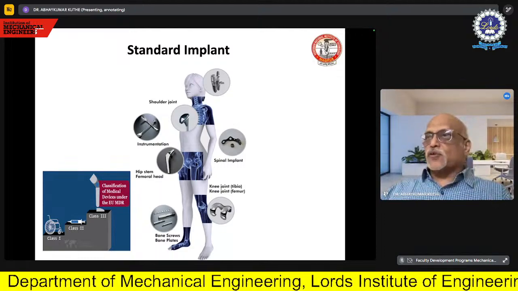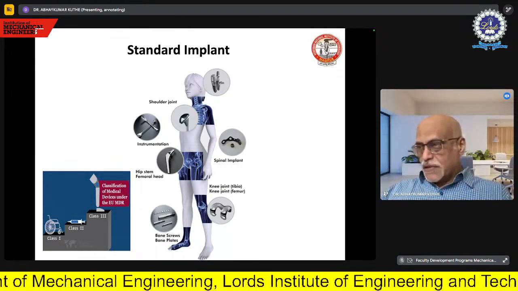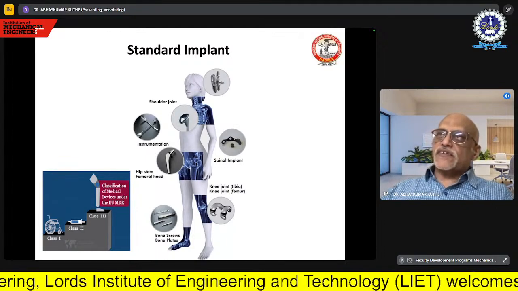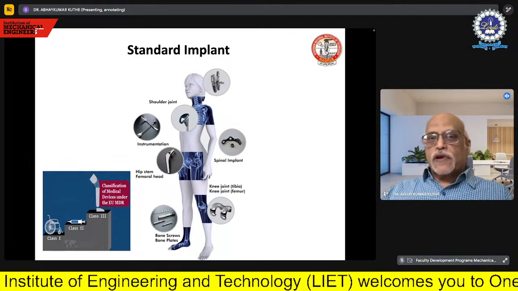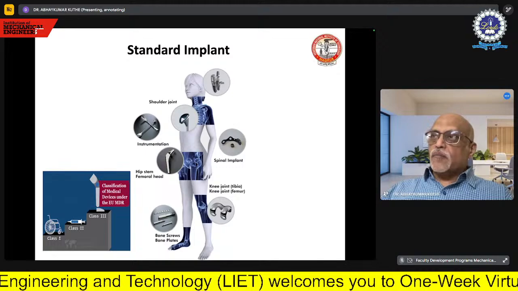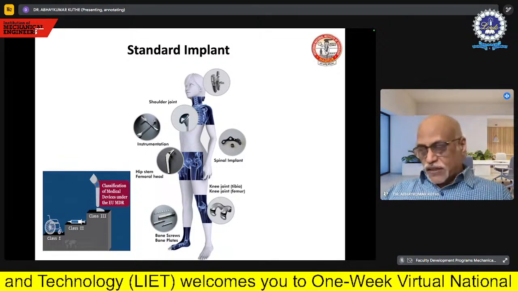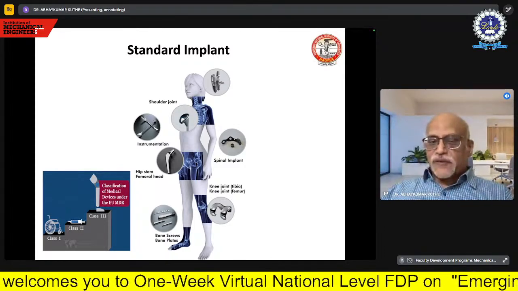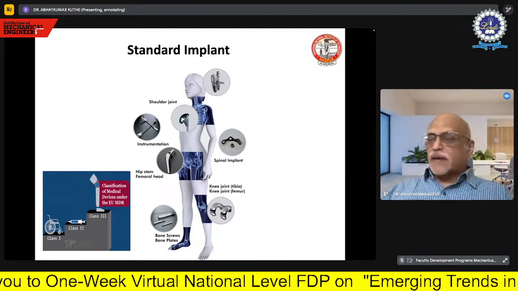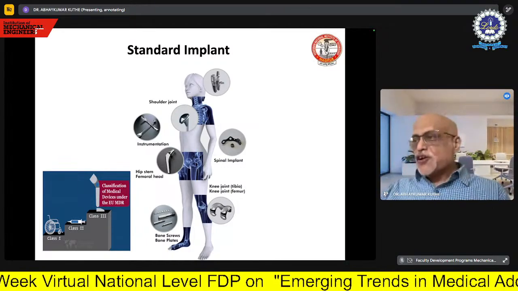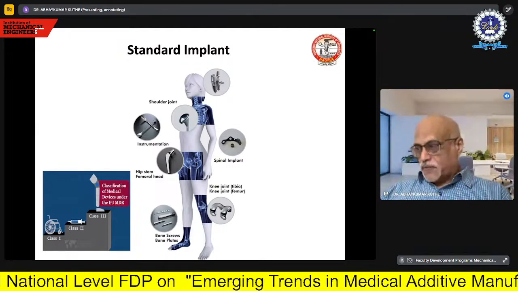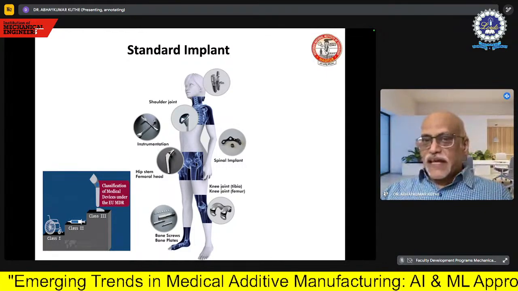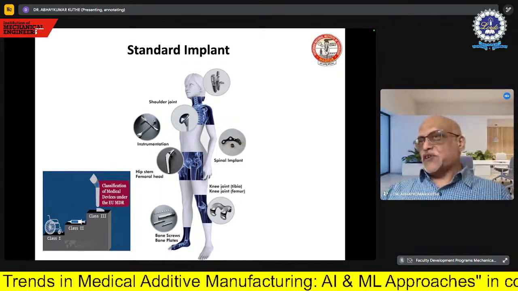And therefore, this is considered to be a class 3 device. In Indian terms, we generally call it a class 3 or D device. These class 3 devices are always considered high risk devices. And therefore, we like to be very, very careful from the manufacturing aspect of such devices or implants. Now here, as I already mentioned earlier, hip implants or knee implants are made of metal. So manufacturing of an implant made of metal means engineering science has to be used extensively. And that is how generally we enter into this particular domain.